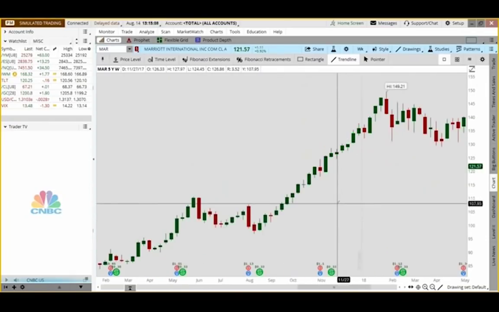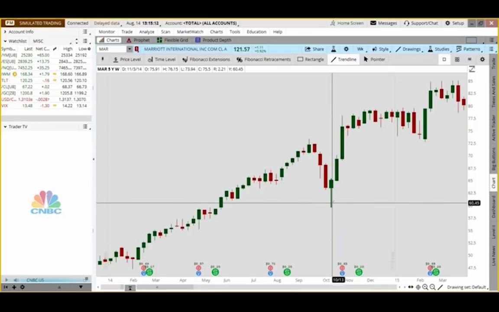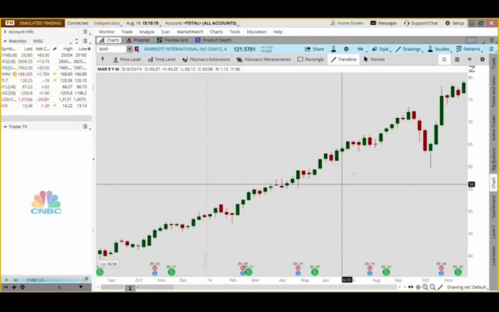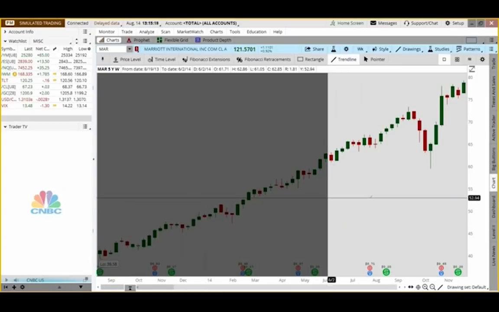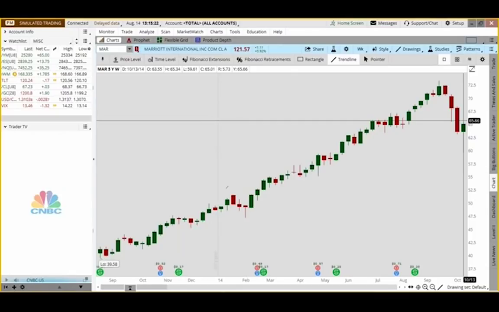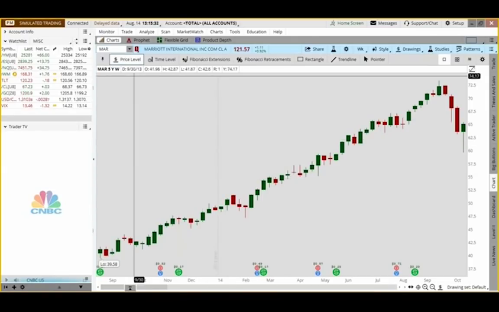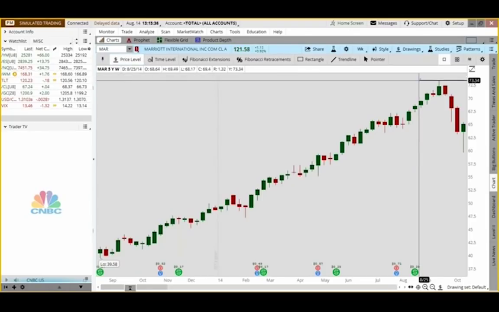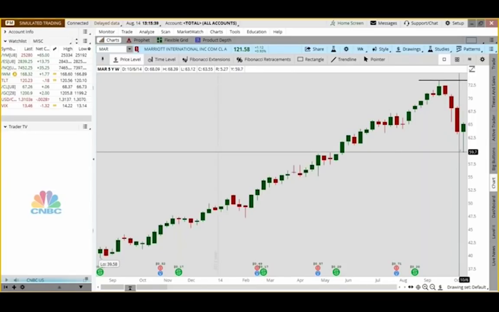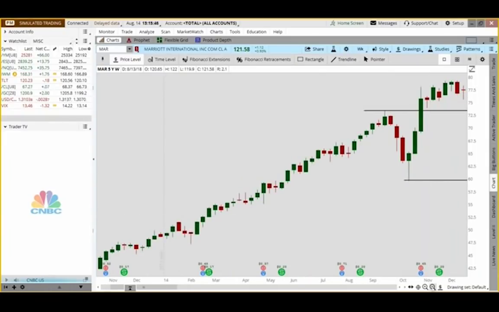Let's see, and get to that point. I believe it was there. Let's just do this. Okay, there. So all we had was one major high and one major low, okay? That's all we had at this point. All we have to do is take our price level tool, a horizontal line, and slap a line at those levels, okay? That's it. And now, when we start rolling back, let me zoom out and show you that